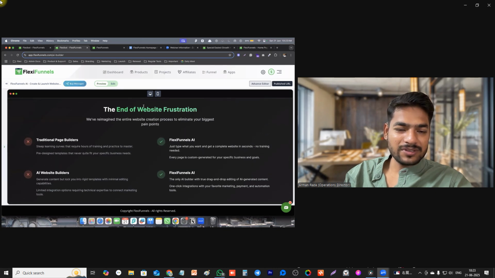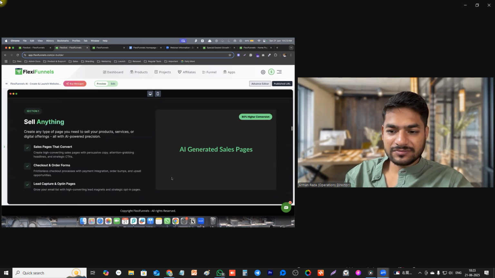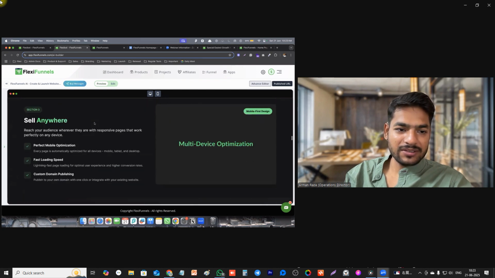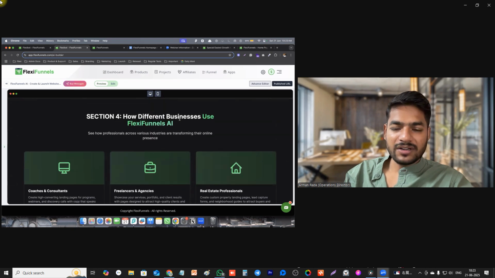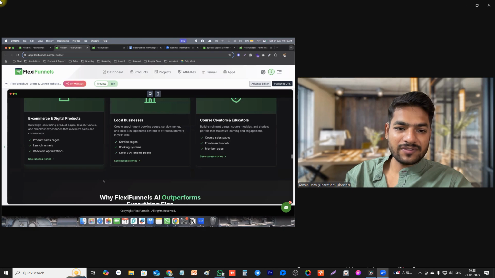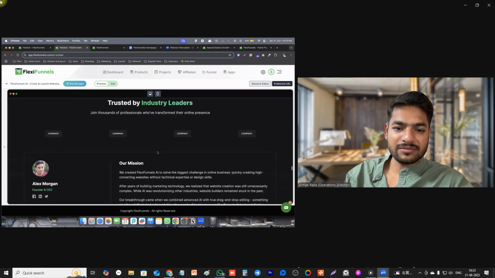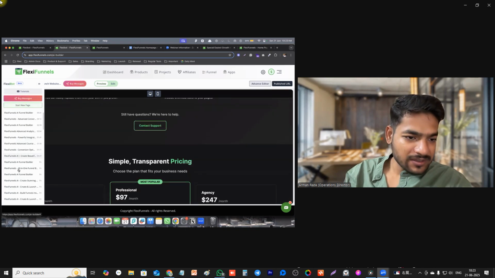Okay, so end of website frustration, it has done a comparison of other tools versus Flexi AI also on its own. Sell anything, okay, sell anywhere, testimonials, how different businesses use Flexi AI. See, it has given examples of different businesses. Then it has compared Flexi AI with traditional builders. So as you can see,